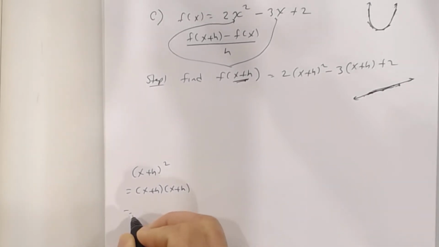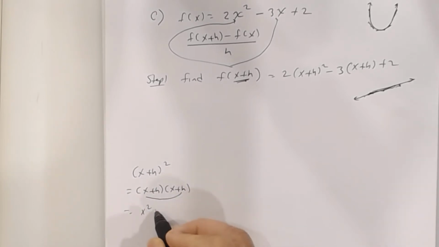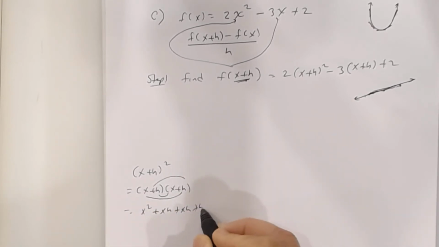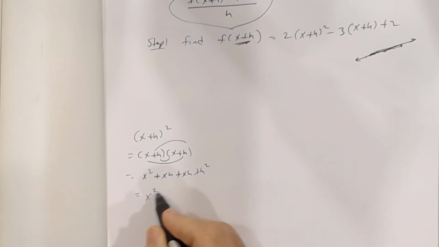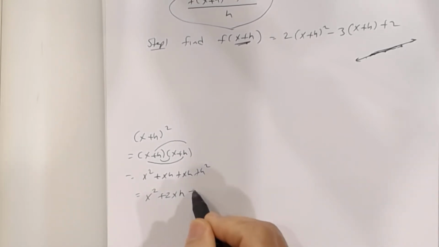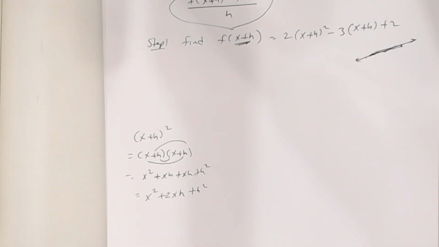And then FOIL. What's x times x? What's the outer? What's the inner? And what's the last? What's the next step? I get x squared, 2xh, plus h squared. So you'll notice that every time you have this quadratic, every problem you're going to see,